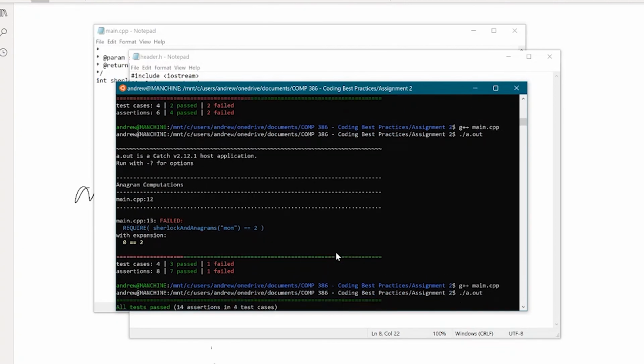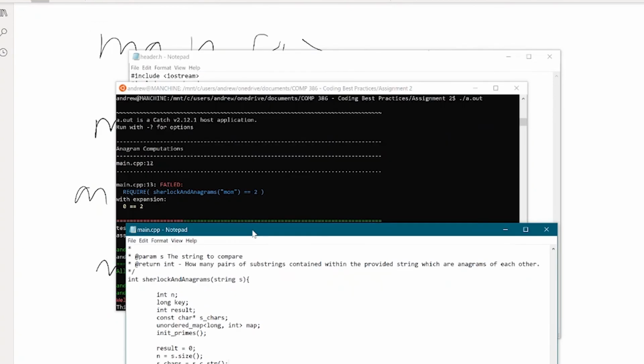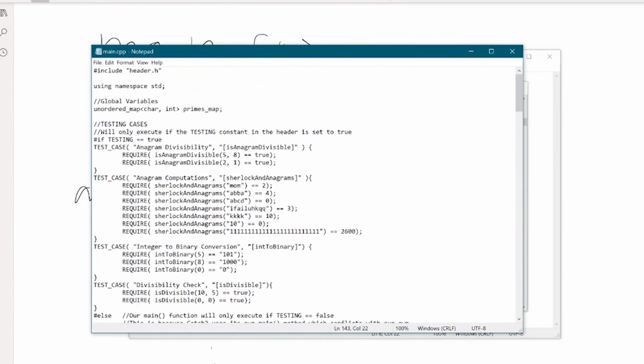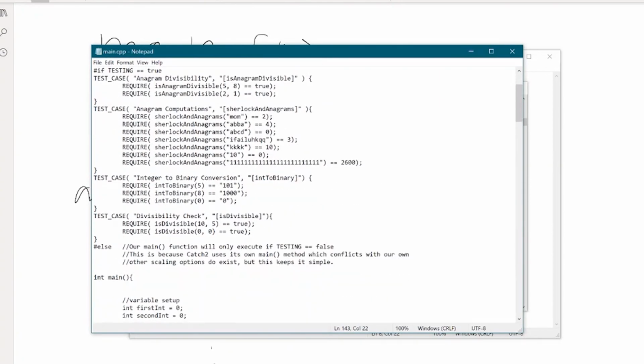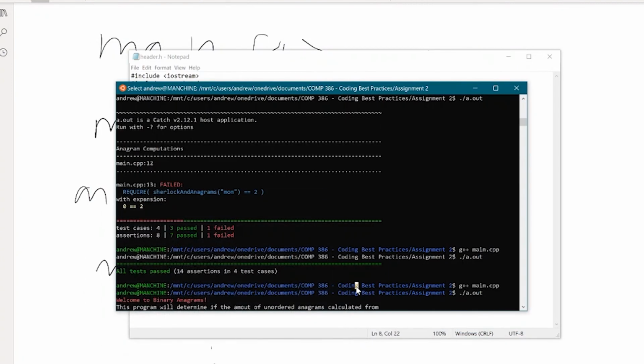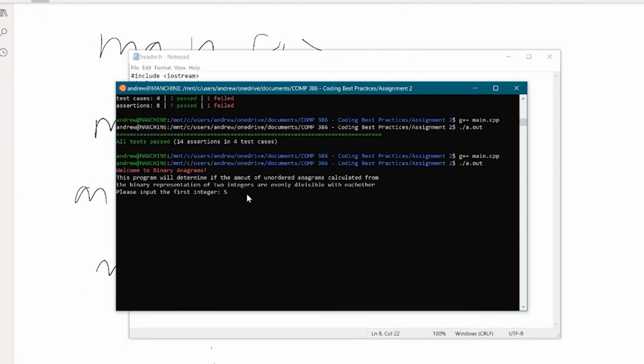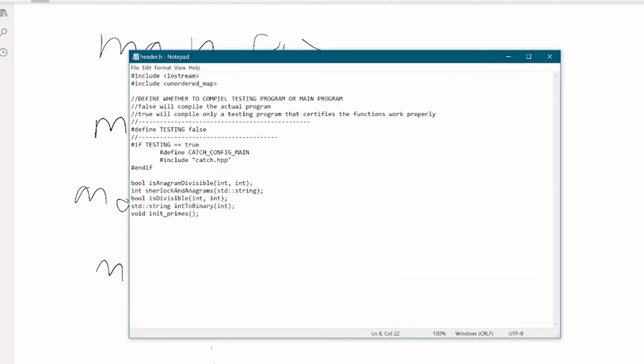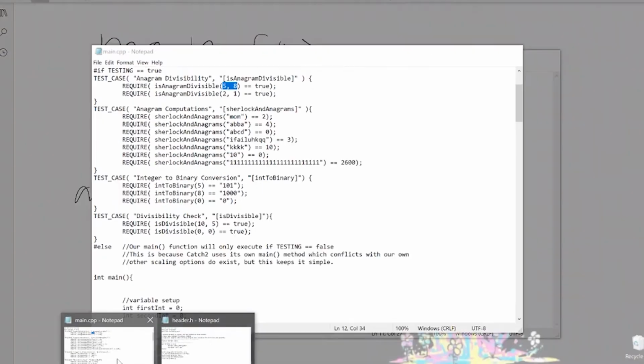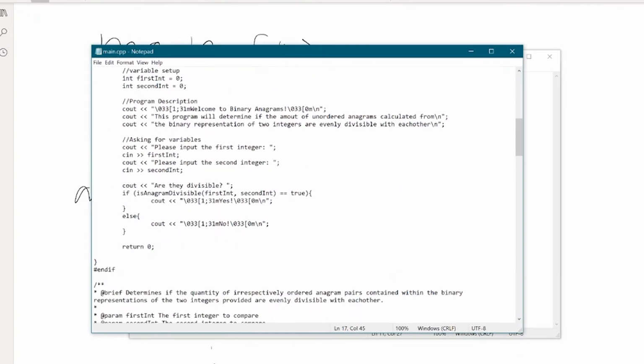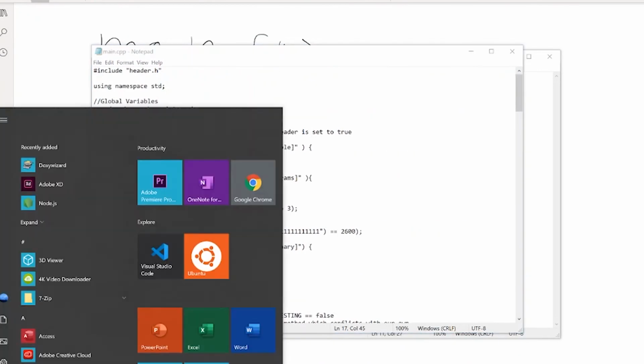So just to test out here, we had our test cases at the beginning. Let's check them out. The one given in the instructions was 5 and 8 needs to be true. 5 and 8. Are they divisible? Yes! Hooray! Look at that, we did it. So the last thing we need to do here is let's compile our documentation. So we've created all these Doxygen parameters. So let's go ahead and run